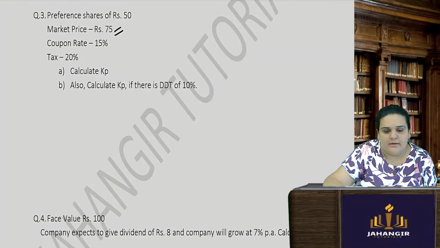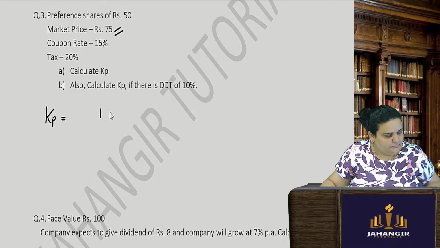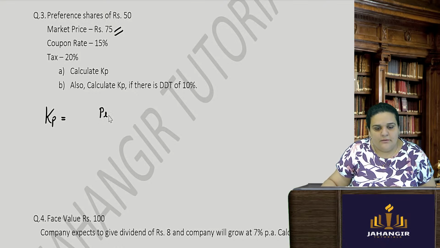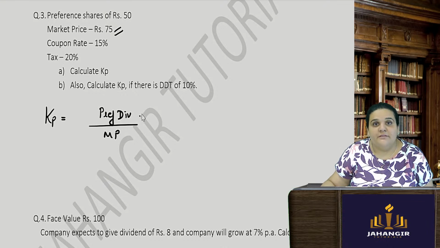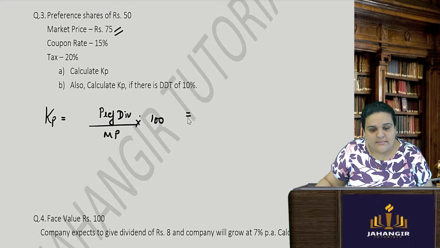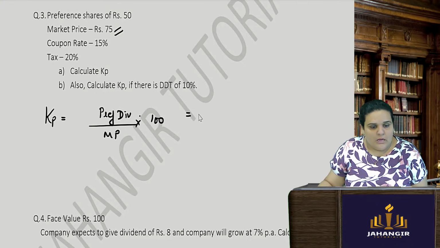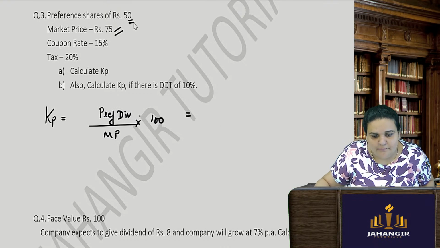So first, the simple KP I am calculating. Cost of preference share is nothing but the preference dividend upon the market price into 100. So preference dividend is how much? Preference share is 50, so preference dividend will become